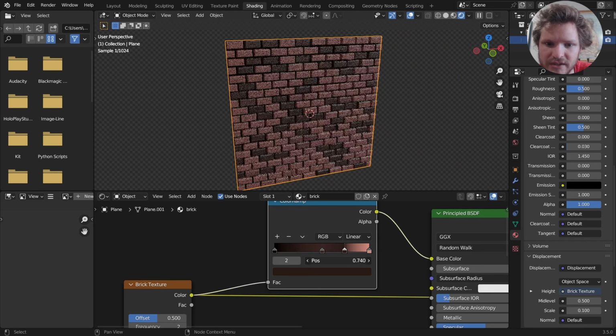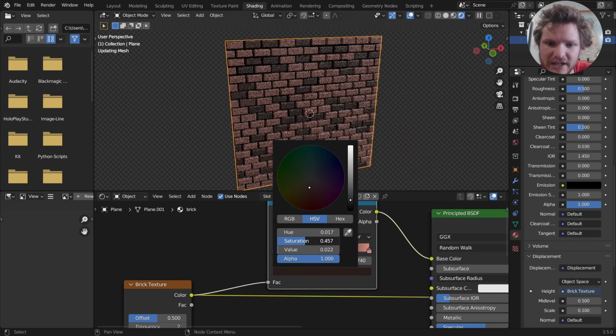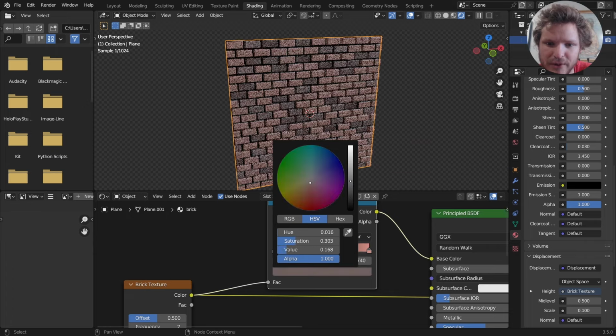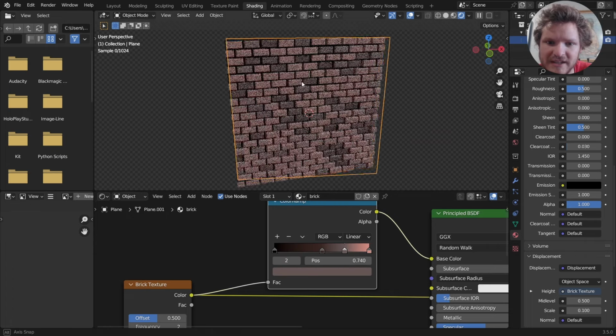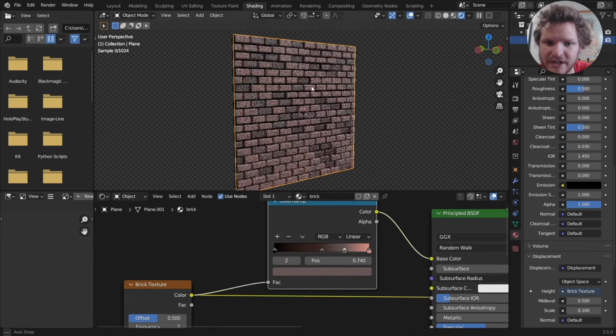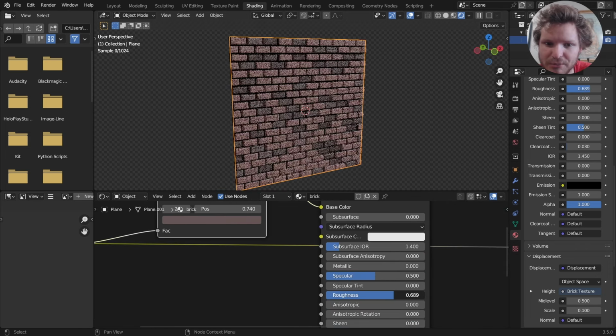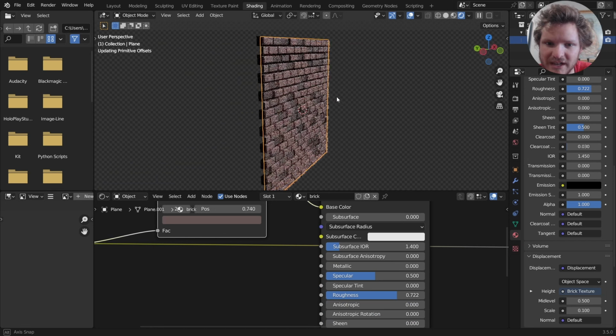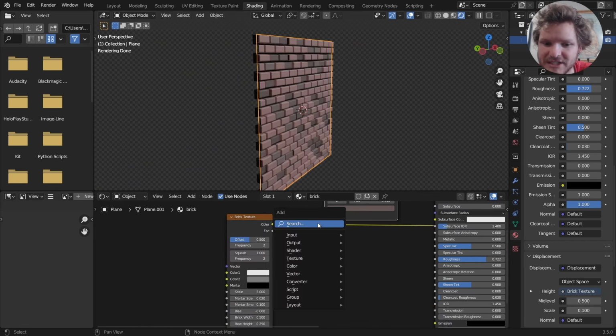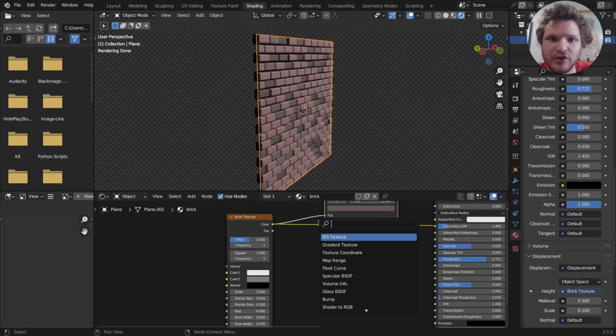And in between these, some of them are going to be like a low saturation kind of bright brick. And this kind of gives us 3 shades of brick to work with. Other things that we need to do is bring up the roughness, since I don't want this to be kind of a reflective brick. And what's going to really sell this effect and make it look more realistic is just